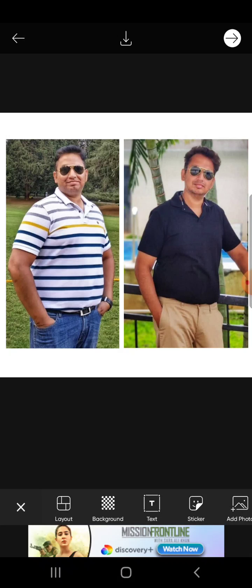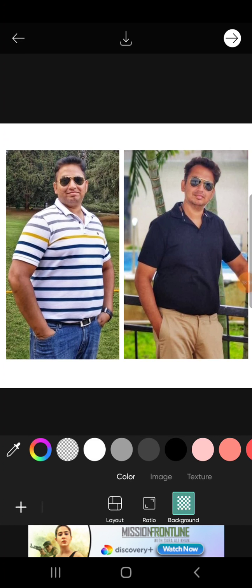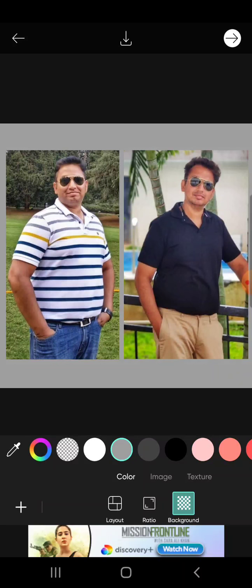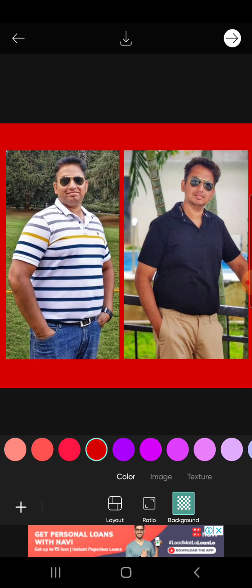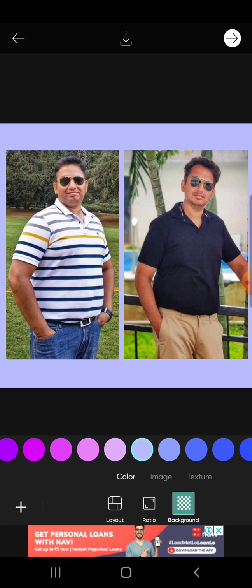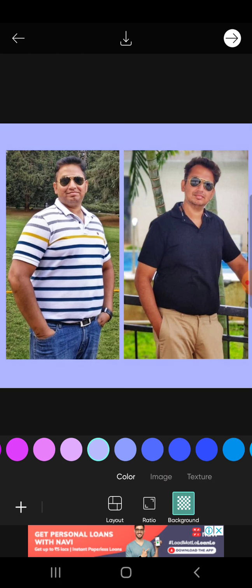So now I will try to select the background. For selecting the background, you just have to click on this white space in the frame, and then at the bottom you can see there is an option called background. Once you select the background, there are many options that you will get. One is the color, the other one is the image, and the other one is the texture. When I say color, I can select any of these colors present here, which are given by the app by default. So this is one option, which is a straightforward option.